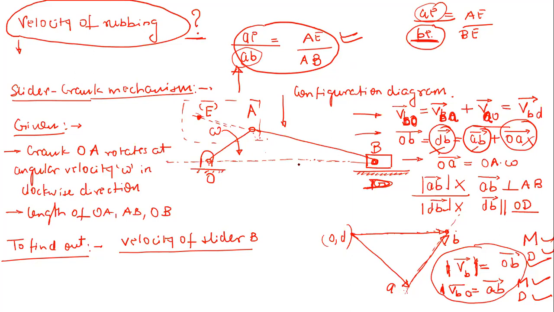And now the last thing, the angular velocity of this, omega AB, this is simply what? VBA, velocity of B with respect to A, divided by AB. So now just tell me, will it be counterclockwise or clockwise? Counterclockwise, because we can see that velocity of B with respect to A is pointing upward. So pointing upward is going like this, and then this is counterclockwise. Okay, anti-clockwise or counterclockwise, whatever you want to say.